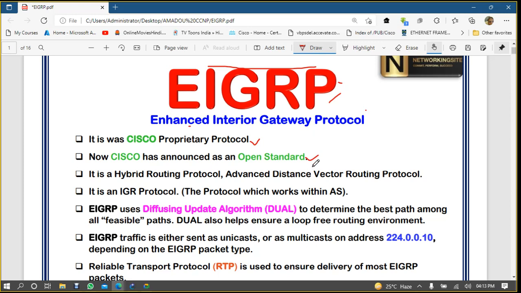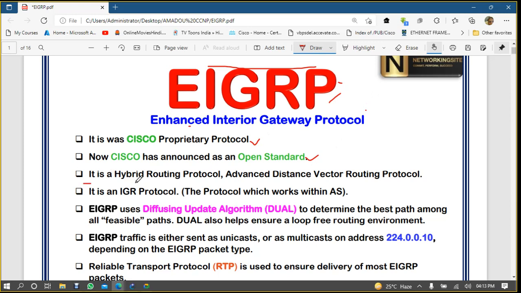That's why most companies' routers are not using EIGRP in their framework. They say RIP and OSPF are okay for them. They use RIP, static, default, OSPF, BGP and IS-IS.